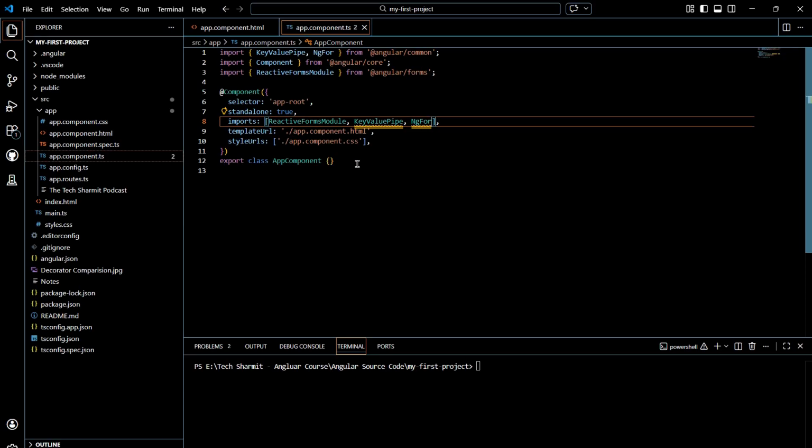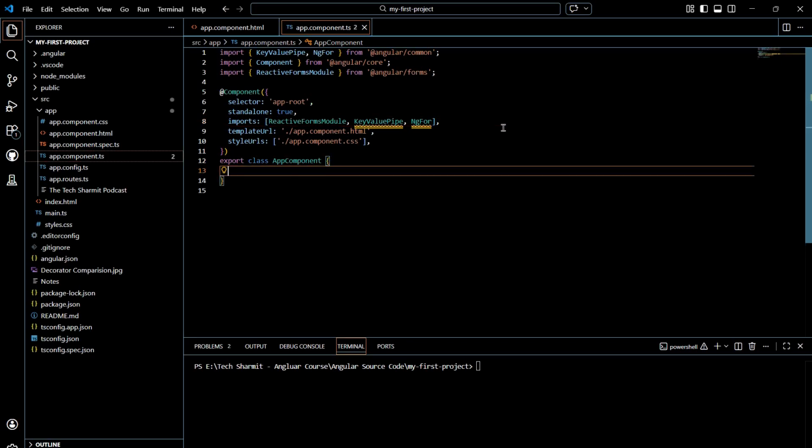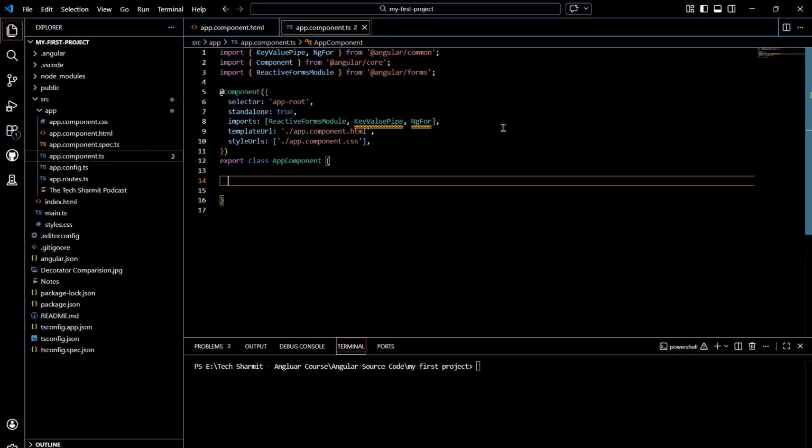Other than these three things, whatever we use in this app component class will be imported automatically, because we are using an editor. But if it is not, make sure to import it, because without importing it you won't be able to use it. Now I'll expand this app component class, and inside this firstly we will create our